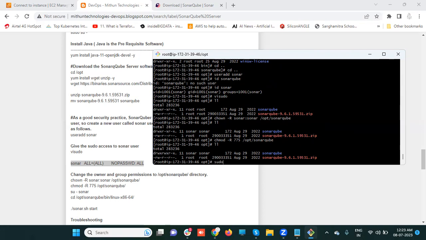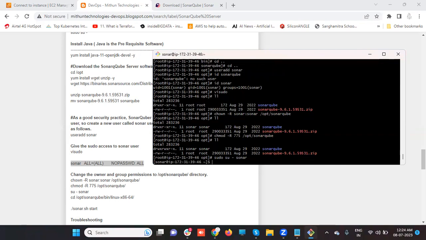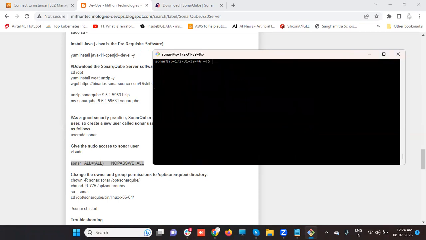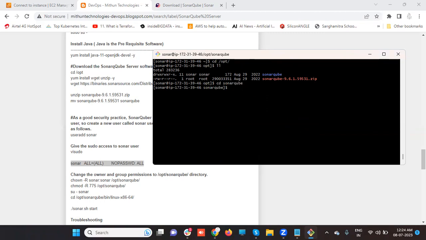Okay, now switch to the user: sudo su - sonar. Now we are in the sonar user. Now it is /opt. Okay, cd sonar, ls. These are the binary files. In binary files, we get the script information available, the OS information. In binary,